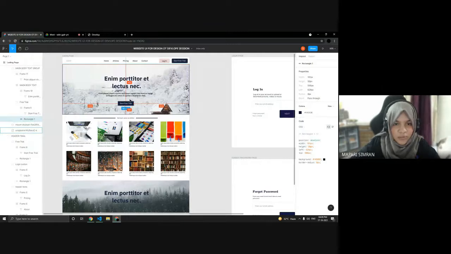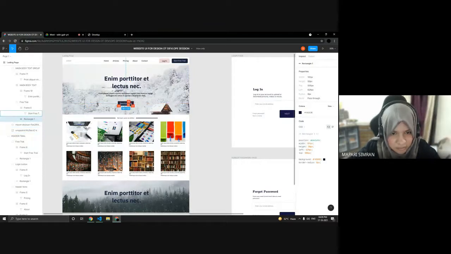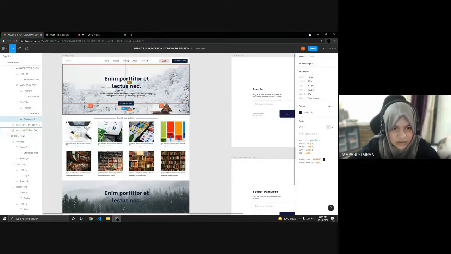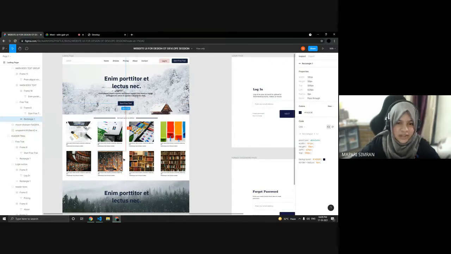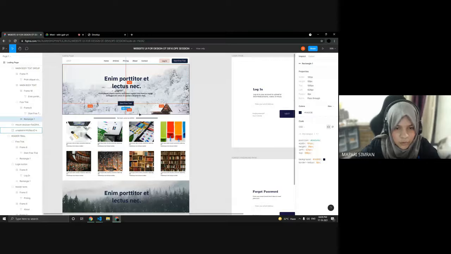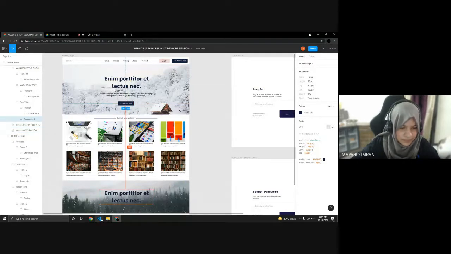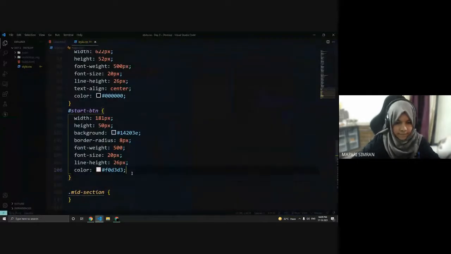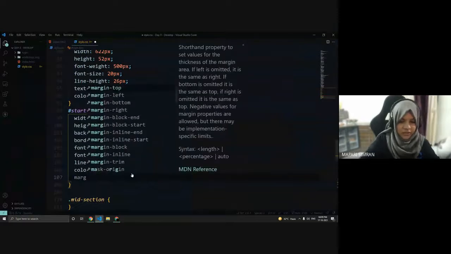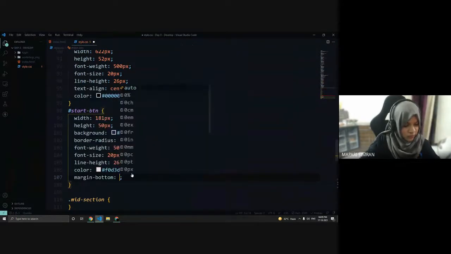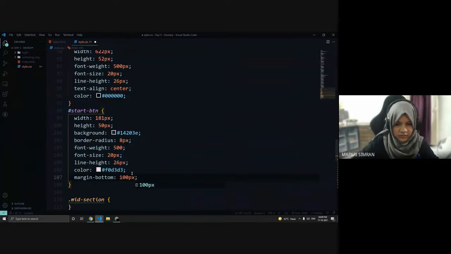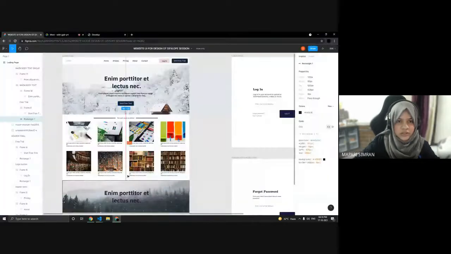Its margin top is 420 and margin bottom is 100, and by side it's in center, and we have given that center, so no issue with that. Let's give the margin bottom as 100 px. And now let's check.